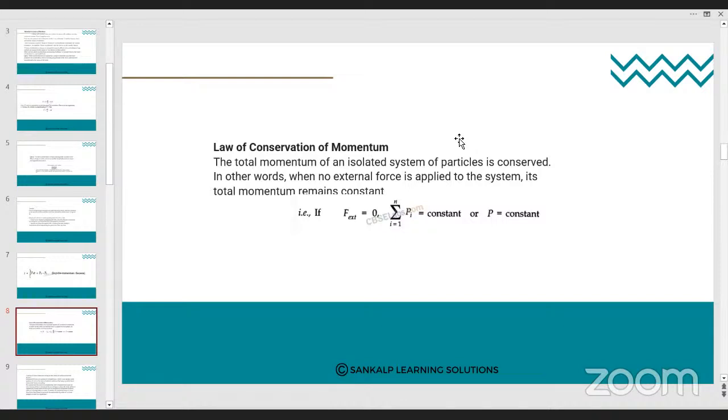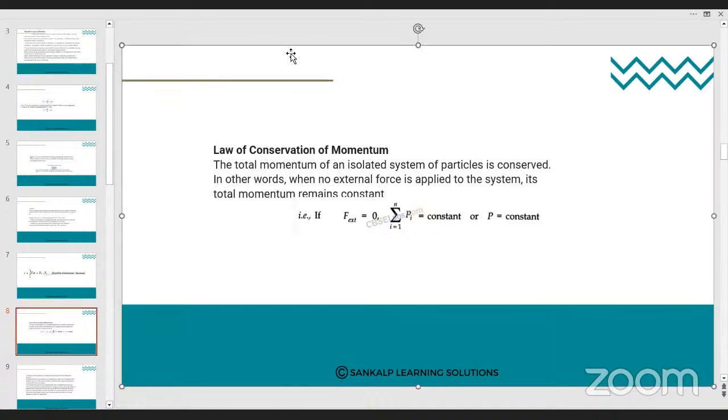For example, if you are sitting in a room now, two forces are acting on you. One is the downward force, that is the gravitational force, and the other is an upward force, the normal force, okay? So what we are doing is considering an isolated system. An isolated system means where there is no external force acting on the body, correct? So in that case, in such a system, momentum before collision is equal to momentum after collision.